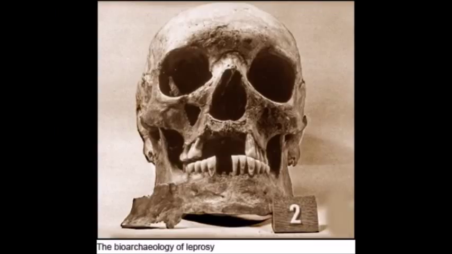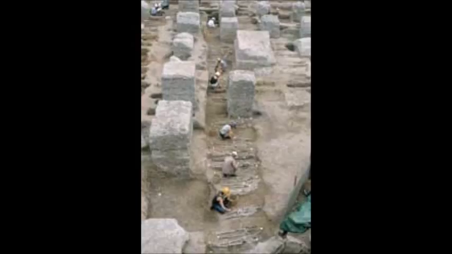Back to leper hospitals in England. In medieval England, between 1066 and 1485, there were over 300 of them. And these represented a quarter of all medieval hospitals. Archaeological excavation evidence from St Mary Magdalene, Winchester and Chichester has helped us understand that leprosy, now commonly known as Hansen's disease,